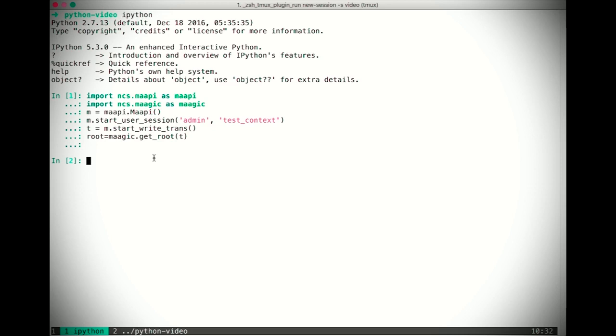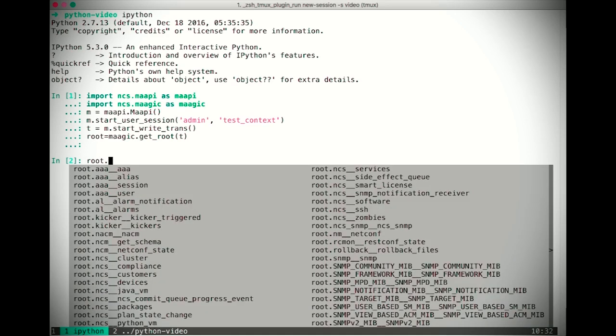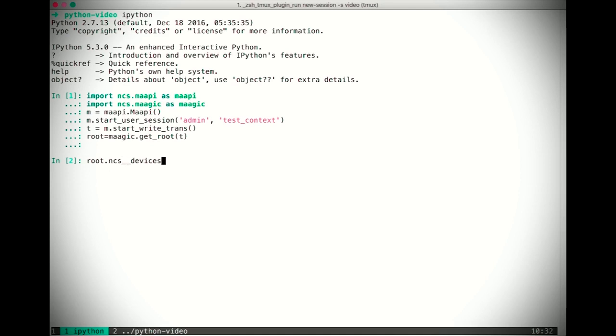So in this state, I have IPython in a very similar way to the NSO CLI. So what I can do now is I will take my root object and I can hit tab to tab complete. So for example, I can get the devices, like this. So let's say I want to take the iOS 0 device I have. I can do this, ios0 equals. So now I can do pretty much the same thing I can do in the CLI from here. For example, I can do ios0 sync from. And when the device is synced from, I can now start to go down into the config the same way